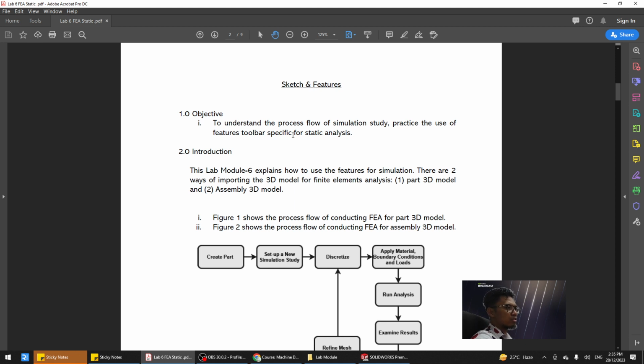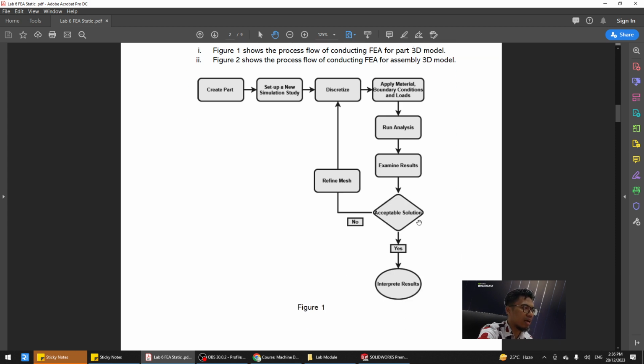Okay, specific for static analysis. Kemudian, there is two ways to use simulation study in SolidWorks, which is one from a part itself, and the second one is from assembly